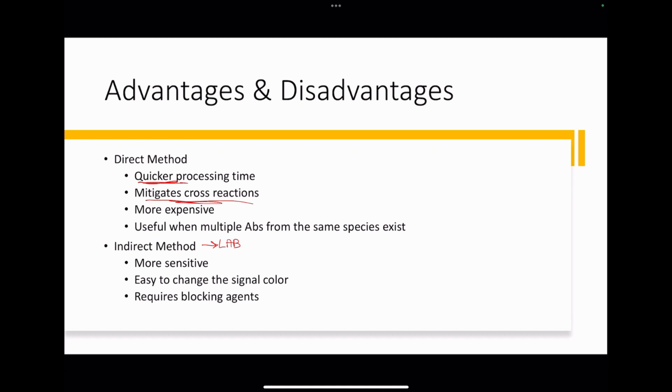But I will say that sometimes the direct method is used in lab, just not all the time, but it is useful when you have multiple antibodies from the same species existing on your tissue sample. Now, the indirect method is a little bit better. It's more sensitive than the direct method. Remember, if we're illuminating something with light,